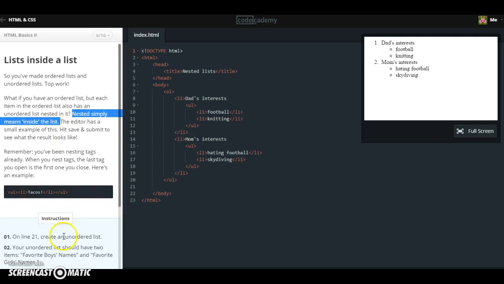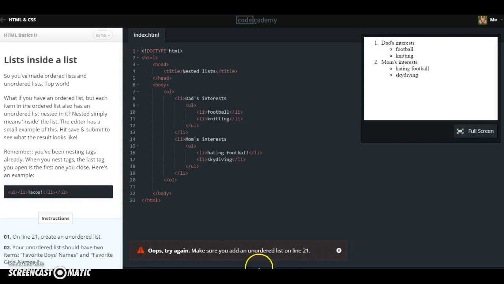So basically, let's just take a look at this, because actually it says hit save and submit to see what the results look like. Okay, we're going to ignore that part. But if you look over here, let's take a look at what we've got going on here. Starts off with an ordered list. So we know there's going to be some numbering going on here. So the first item in the ordered list is Dad's interests. And you can see over here, that's where it is. List 1, Dad's interests. But inside that ordered list contains an unordered list, which under Dad's interests, which is item 1,